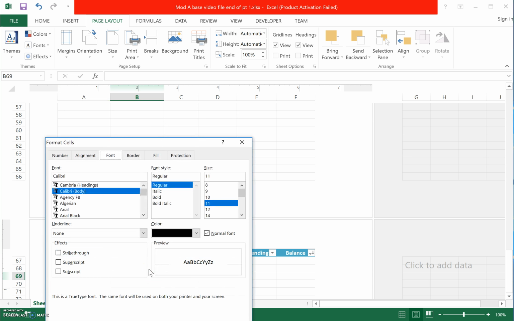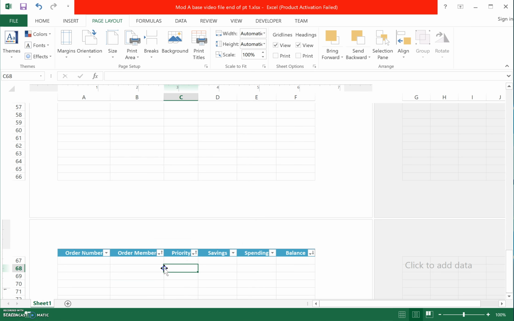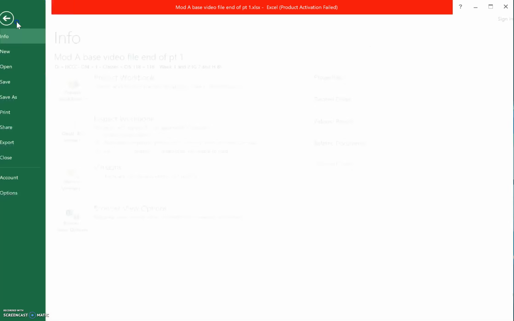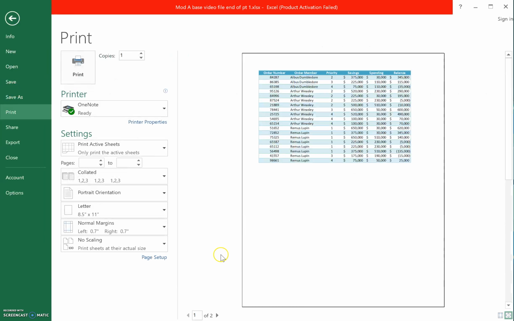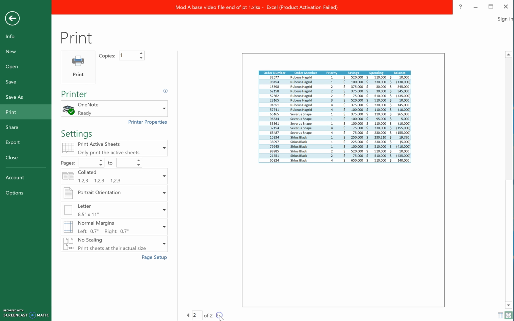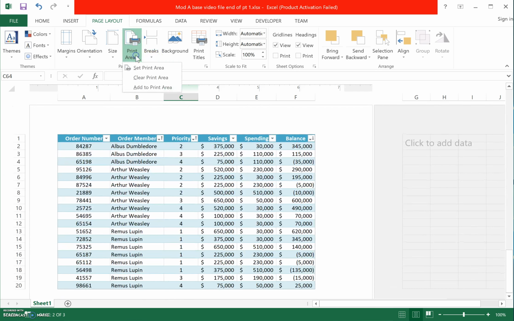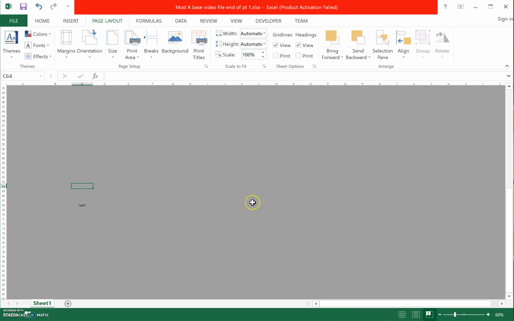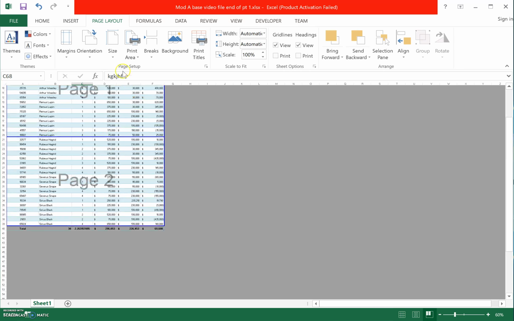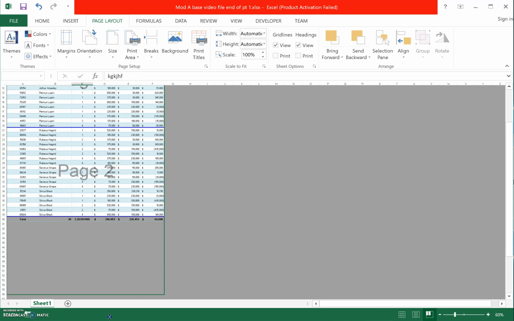So just so you guys can see, let me just type something here. When I go back to that print preview, here's page number 1, page 2. Oh, I have to set the print, sorry. So print area, when I go to print all, it'll show you it on the 3rd page. Whoa, there it is, right there. So I set a print area of just this piece, page 1 and page 2. I made that prior. So if I go down to here